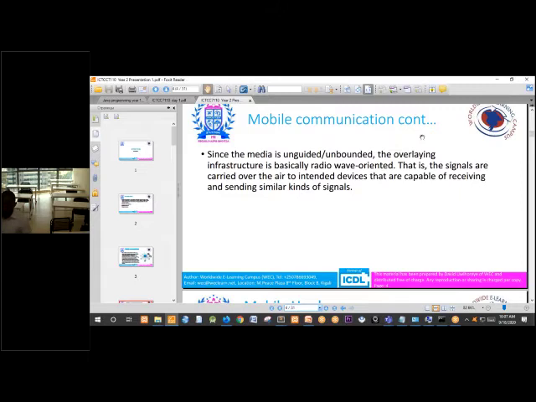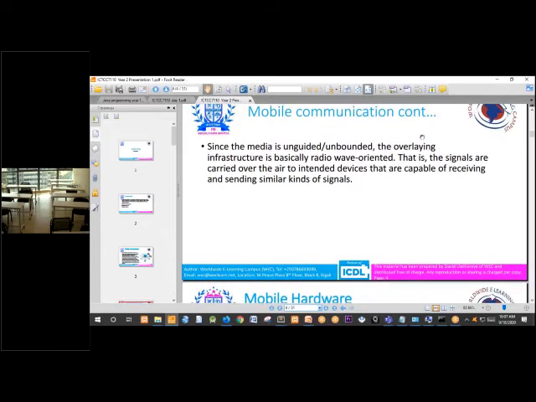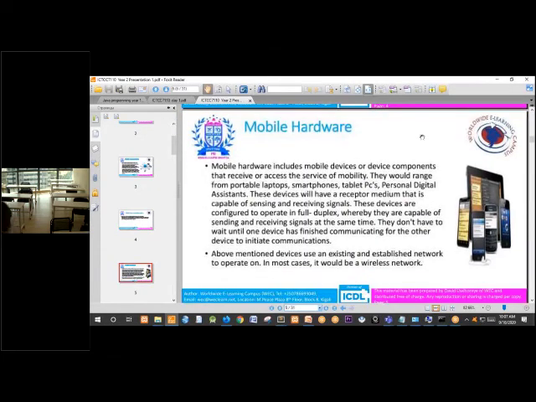That is, the signals are carried over air to intended devices that are capable of receiving and sending similar kinds of signals.